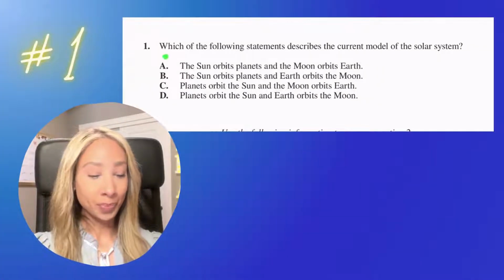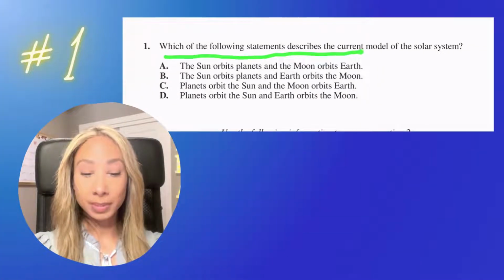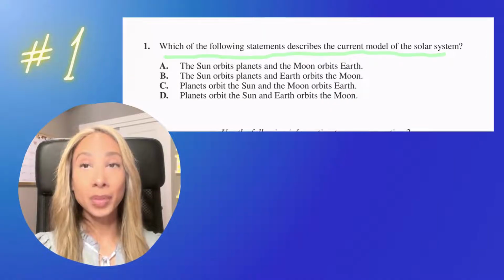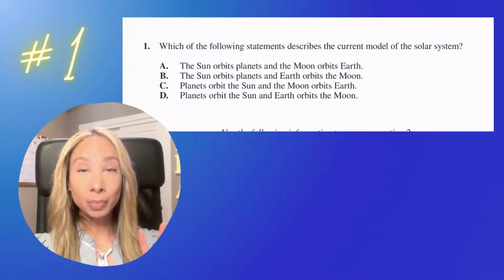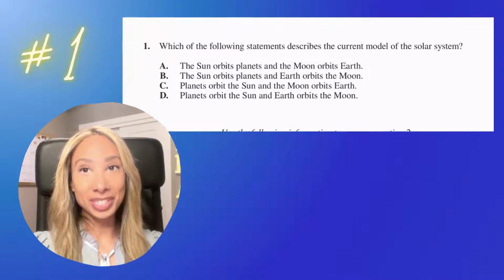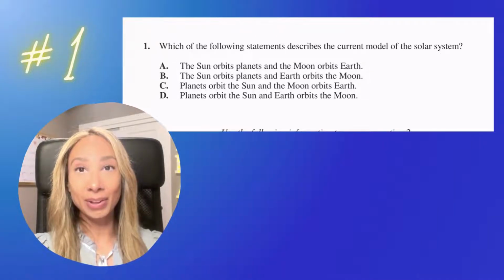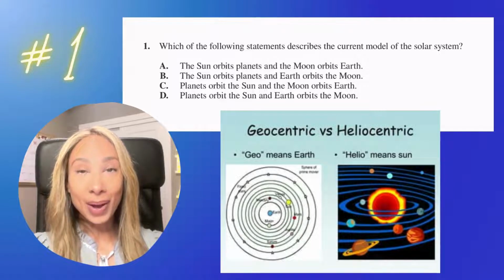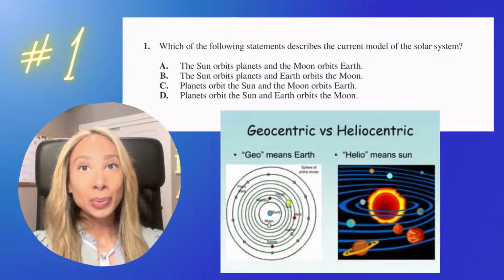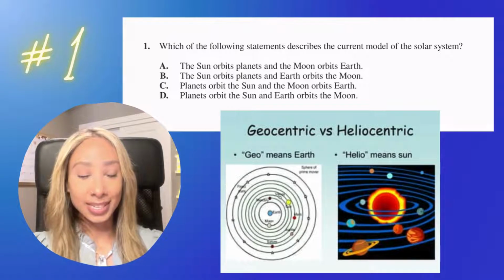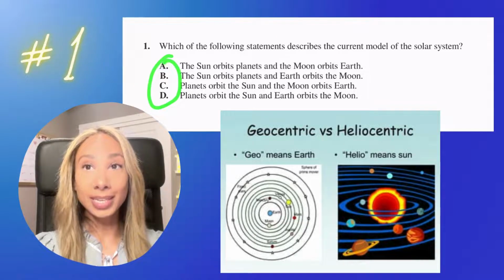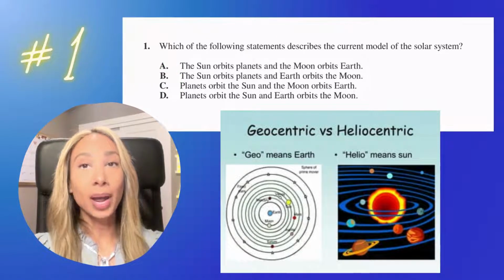Okay, question 1. Which of the following statements describes the current model of the solar system? So if you remember, there were two models of the solar system. The older model, the geocentric model, says that everything revolves around the Earth, and our current model is called the heliocentric model, which says everything revolves around the sun. So what we need to do is look at our options here and decide which one talks about everything revolving